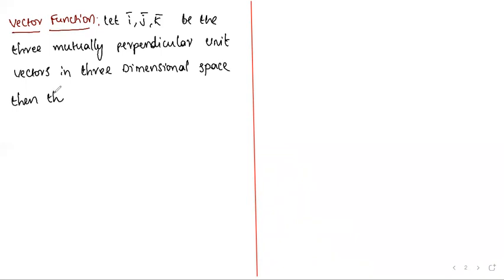Then the vector function f bar of t may be expressed as